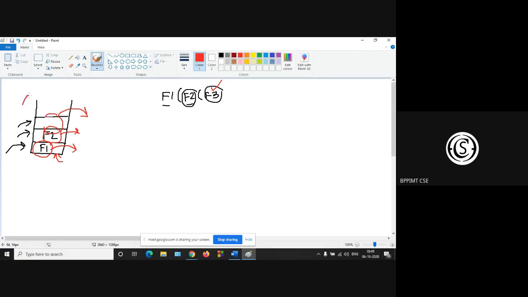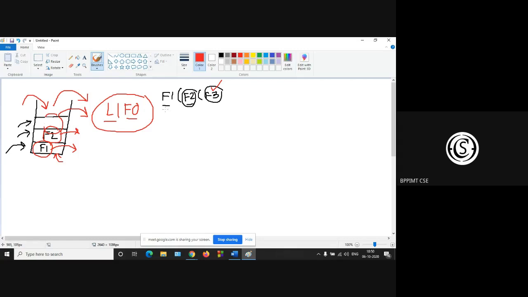So that's why this particular data structure is called the last in, first out data structure. F3 is the last entry, and this is the first popped entry. Last in, first out data structure.